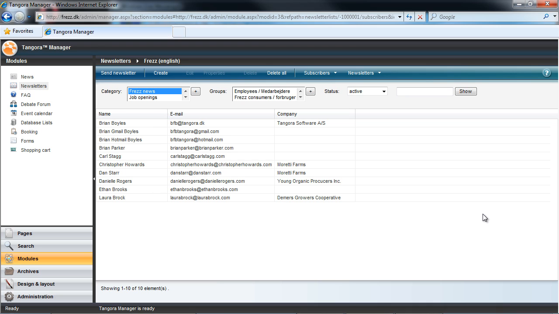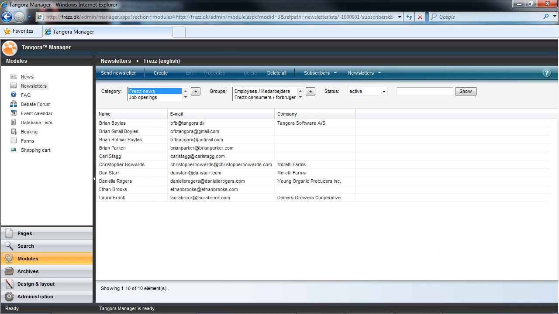Now here's an important piece of information. The subscribers that you have shown in this view at any given time are the subscribers that are going to receive the newsletter you're about to send out. So the process of sending a newsletter starts with selecting the relevant subscribers. Then, by clicking Send Newsletter, you'll be brought to an interface where you actually build, edit, and send your newsletter. We'll be looking at that process later on in this video series.